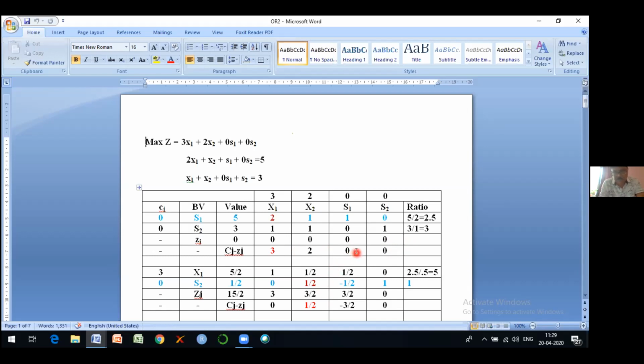But here, what we are observing, two values are 0, but the other two values are positive, not negative, positive. So, whatever positive values we have written here, we have to compare between these two positive values. And out of the two positive values, the highest will be taken into consideration. So the highest value is 3.